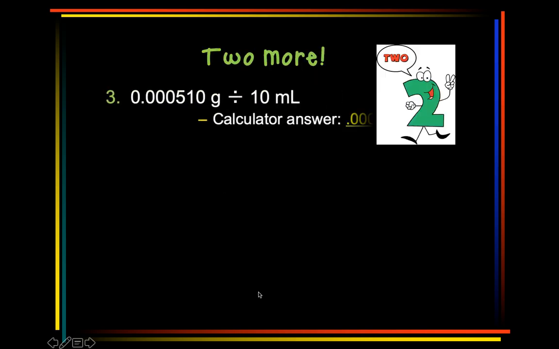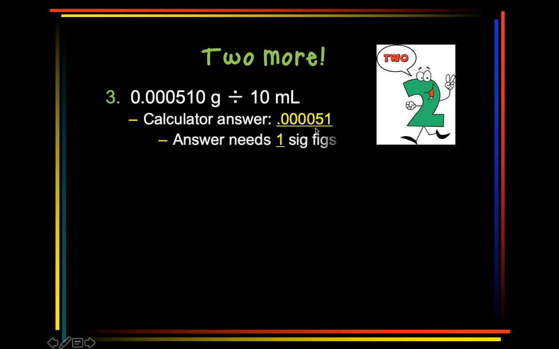How about this one? So we have 0.00510 divided by 10. All right, once again, calculator does the math like normal. Awesome, great, nothing to change. But then this measurement only had 1 sig fig. So we have to round this off to just 1 sig fig. These are all placeholders. We get them for free. So our final answer will be